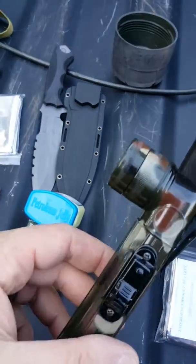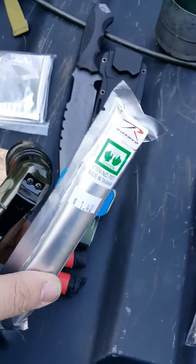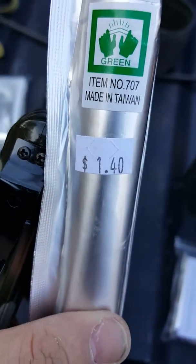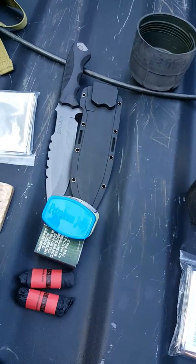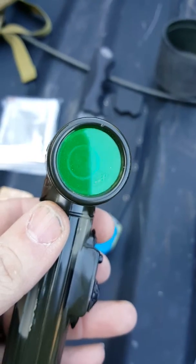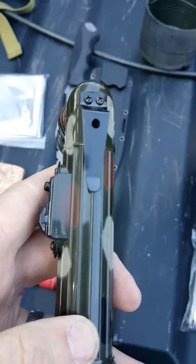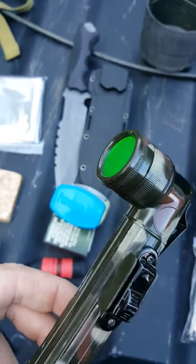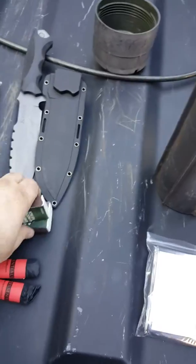So I also like to keep a flashlight as well as other means of low light. You can see these are cheap enough at the Army Navy store, made in Taiwan. And these I do check regularly as well. But you'll notice that this has the green filter on it. Another one with a red filter. It just keeps the light down, keeps you non-visible from great distances. So put that in there as well. So a couple matches, and again,